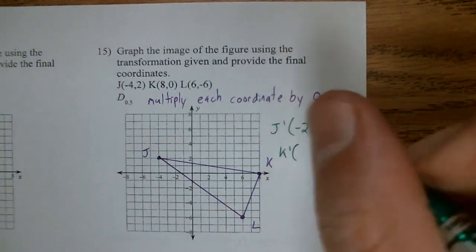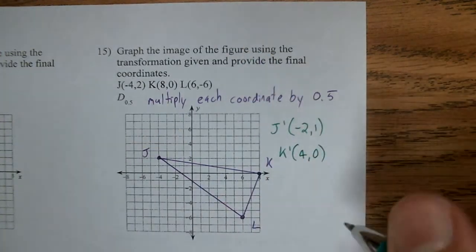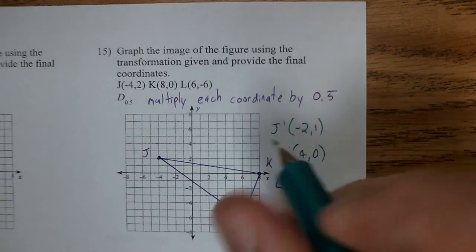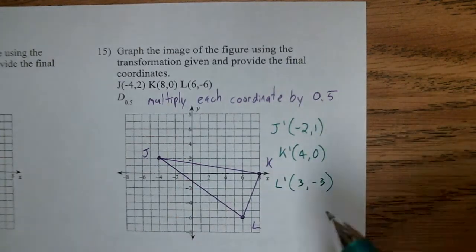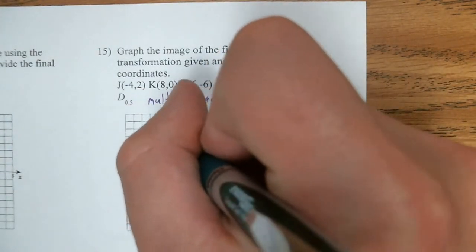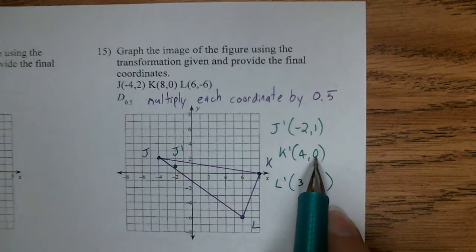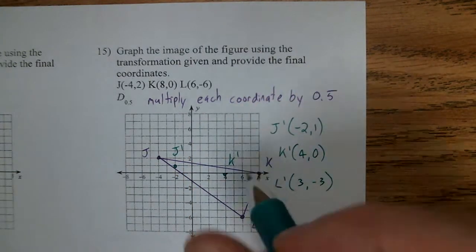K prime, divided by 2, that'll be 4, 0, 0 divided by anything is just 0. And divided by 2, that'll be 3, -3. Alright, so right 2 up 1, that's J prime, right 4, 0 is K prime, and then right 3 down 3